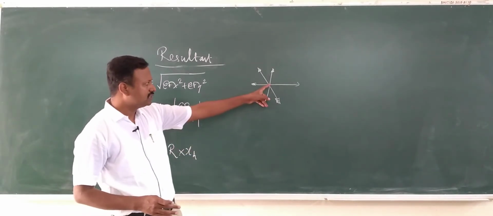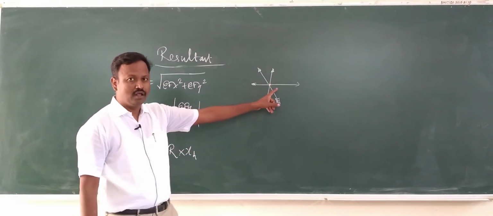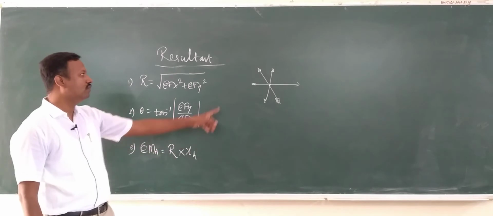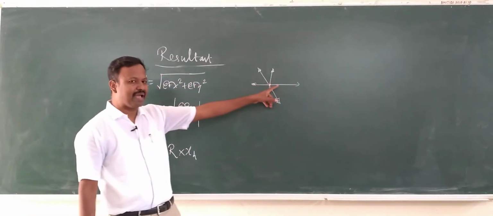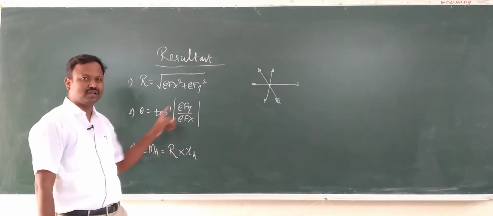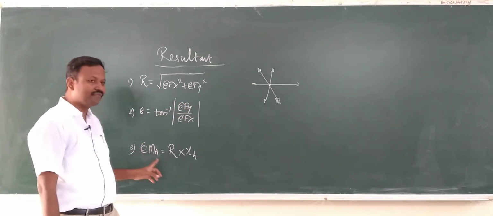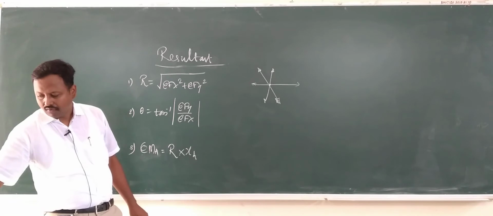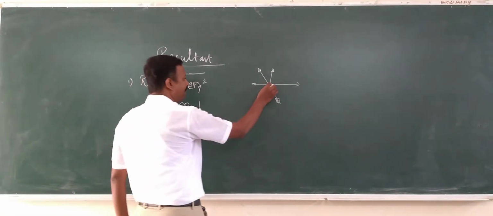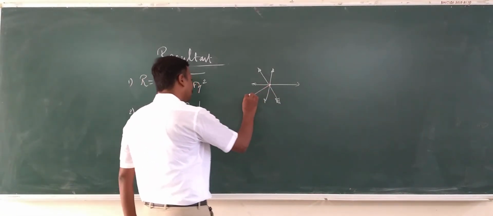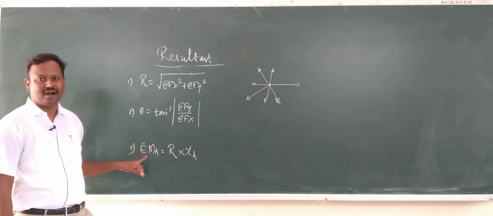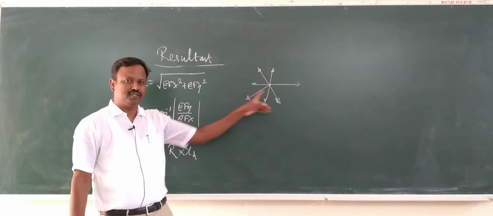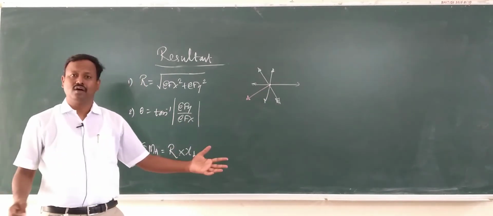If all the forces are passing through a single common point, this equation is valid only for these two steps. What does it mean? You will get the resultant magnitude, you will get the inclination of resultant. What about the location of resultant? Resultant for the concurrent force system will pass through the same point. So, meaning of that, the third step is not required for the concurrent force system. It is only valid for a non-concurrent force system.